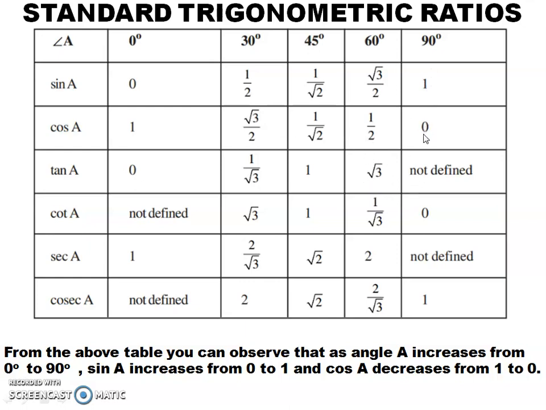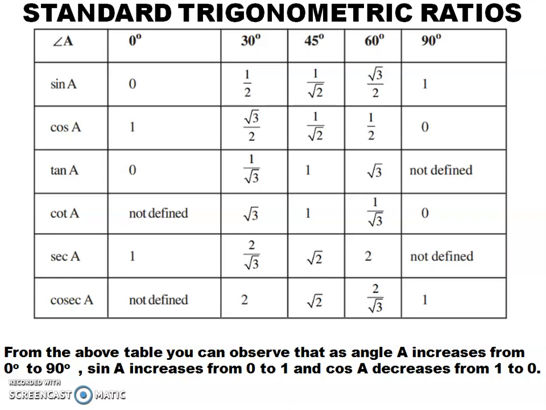And 1 divided by 0. What is that? Not defined. Any number divided by 0 is not yet defined. So, one thing for sure, if you learn sine values by heart, you will get the entire table clearly. It's not necessary to learn 3 ratios. If you learn sine values by heart, you will get the entire table without any confusions. So, better you can learn sine values, cos values and tan values.